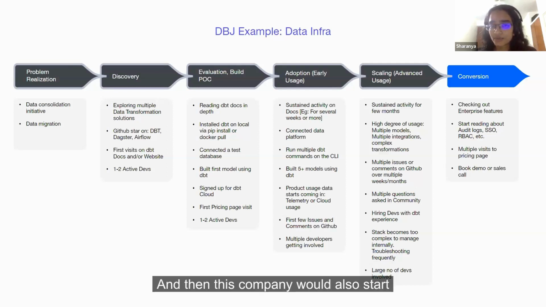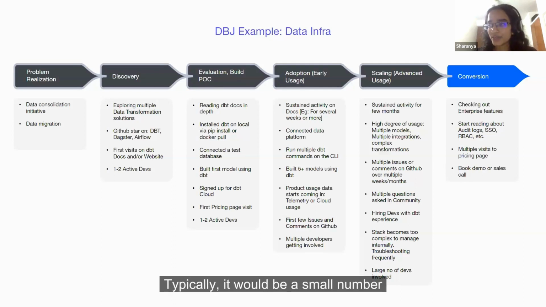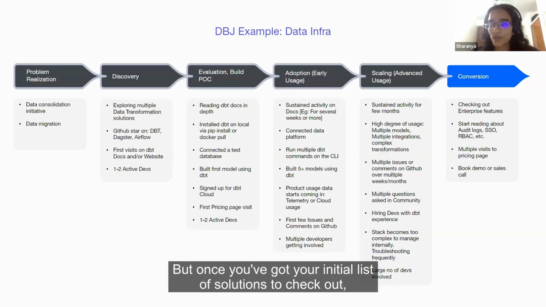And then this company would also start visiting docs and the websites of all these companies. Typically, it would be a small number of devs in the discovery phase looking at different solutions. But once you've got your initial list of solutions to check out, then you would probably